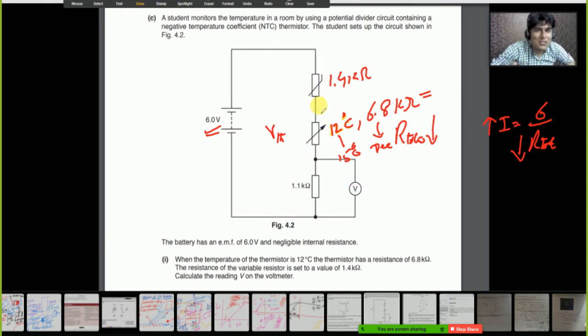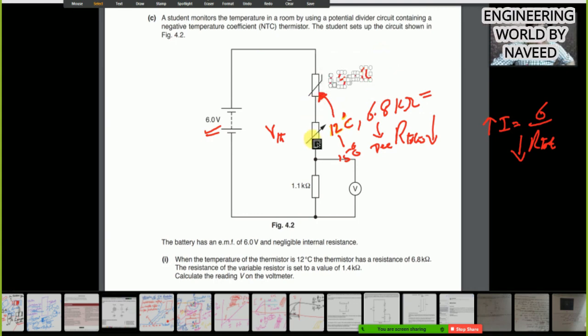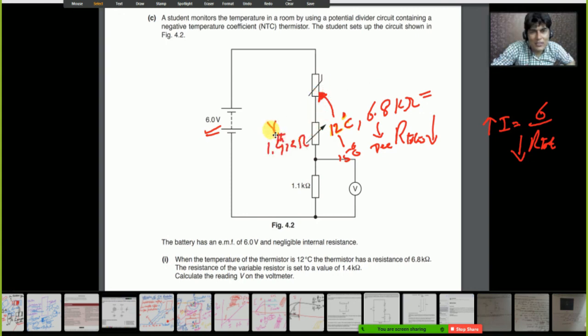Yes, that is the thermistor, but both are in series. You can assume that. Both are in series, and both will have the same concept. Actually, I thought that this is the thermistor, but you can take that as the thermistor, and you can bring the values like this. Not wrong. Everything actually has the same concepts.